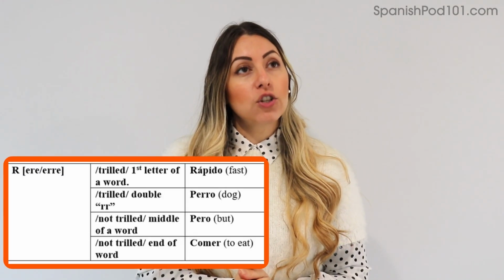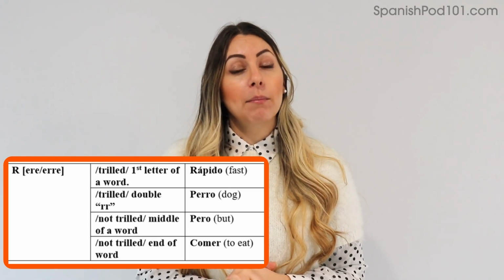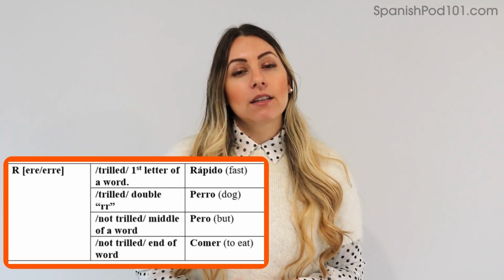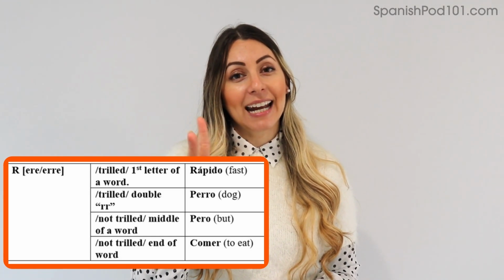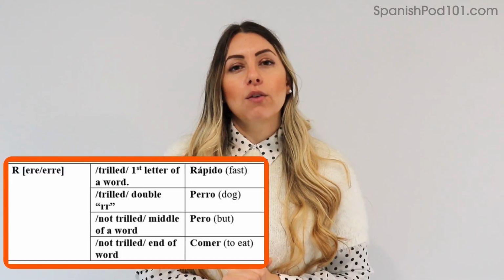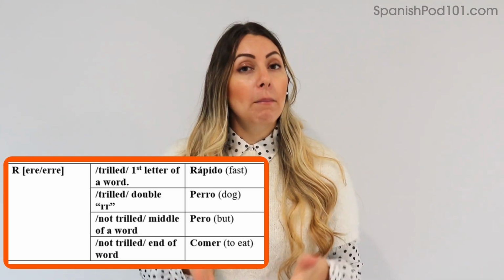Let's have a look at when it's trilled and when it's not. Let's start with the trilled R at the beginning of a word. For example, rápido, fast. It's also trilled when you have a double R, doble R. For example, perro, or carro. You see, you have that double R in the middle of a word. But it's not trilled if it is only one R in the middle of a word. For example, pero,